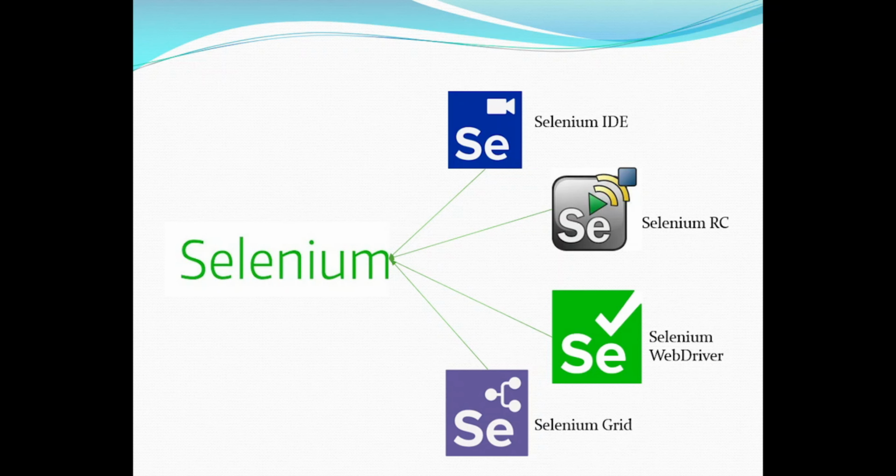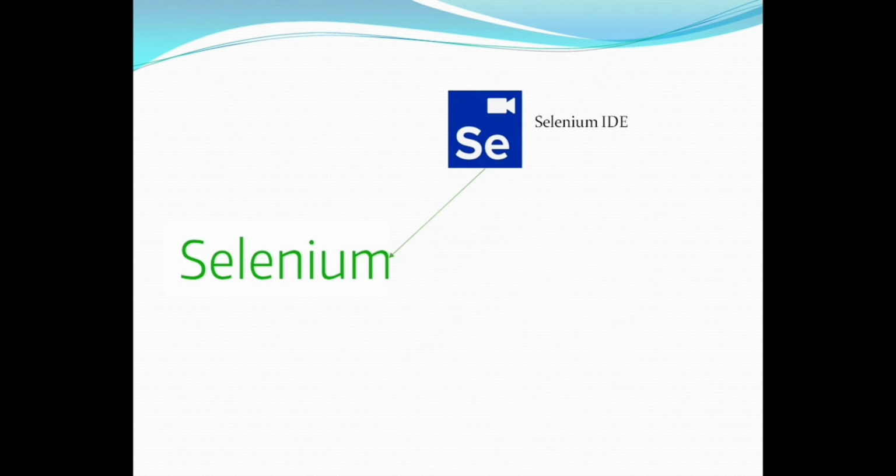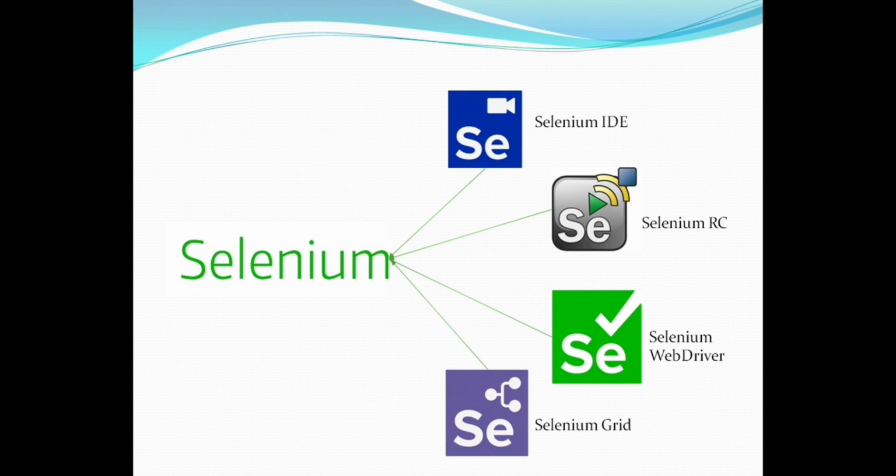In this video, let's see what exactly Selenium is and what are the pros and cons of using Selenium. So let's see what is Selenium. When I say Selenium, Selenium is not a single standalone tool or an exe file. It is a suite of tools and libraries which will let the user perform the automation for the web applications. So when I say Selenium, it is a combination of the Selenium IDE, Selenium RC, Selenium WebDriver and Selenium Grid. So all together we can say it as Selenium.